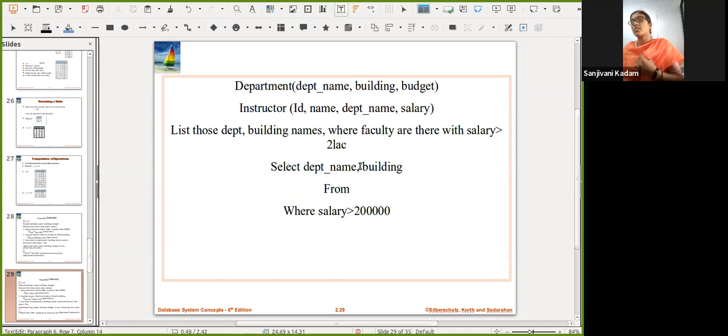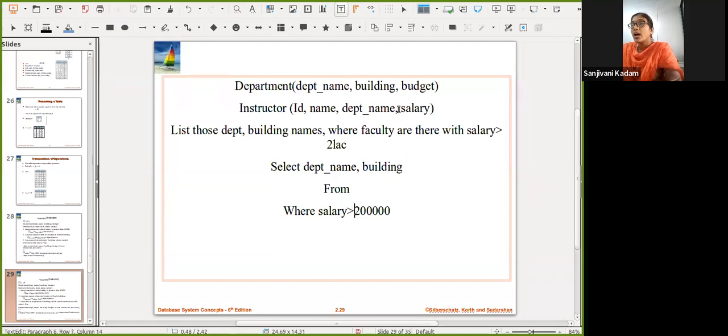Now the question comes: from department name, we want to take department name and building, and salary greater than 2 lakh. So it means I need these two attributes. Building is an attribute available in the department relation, and salary attribute is used in the where clause.